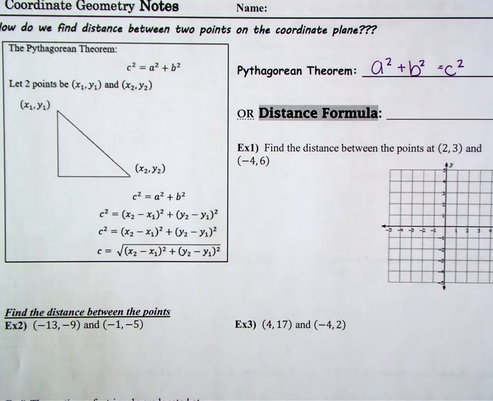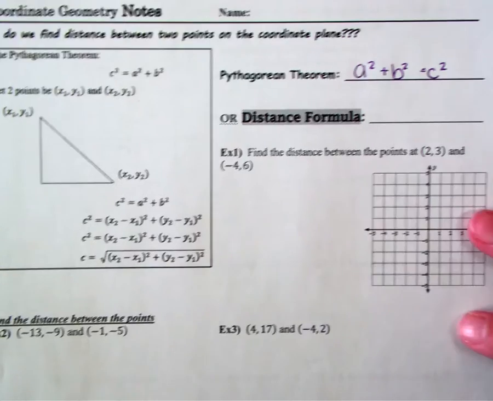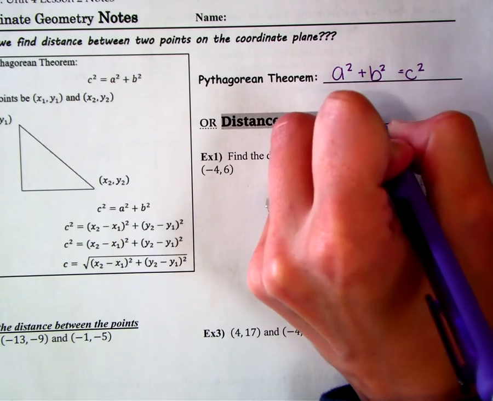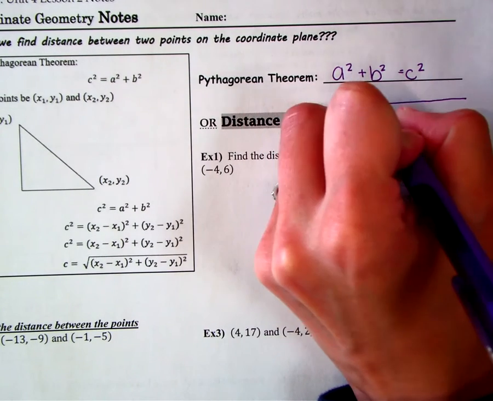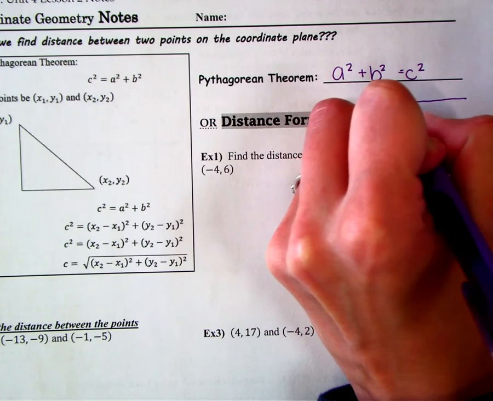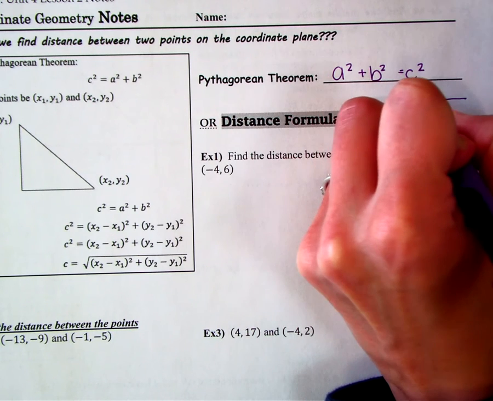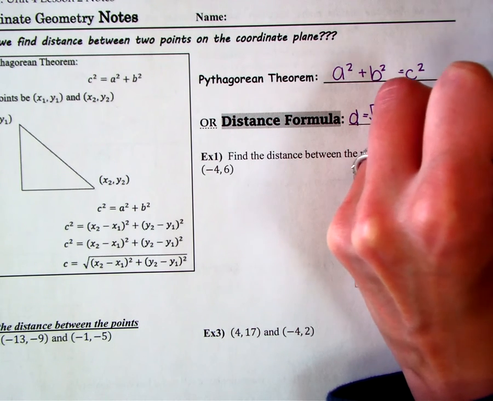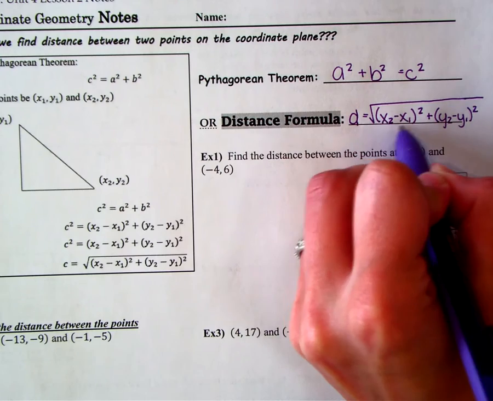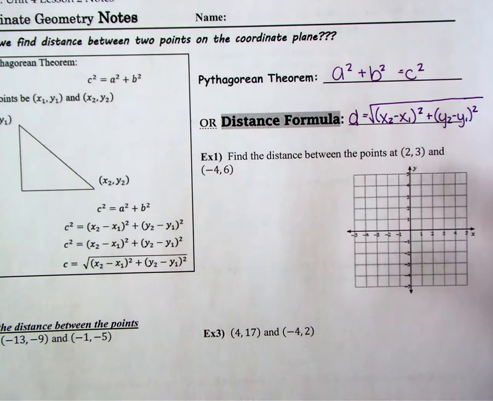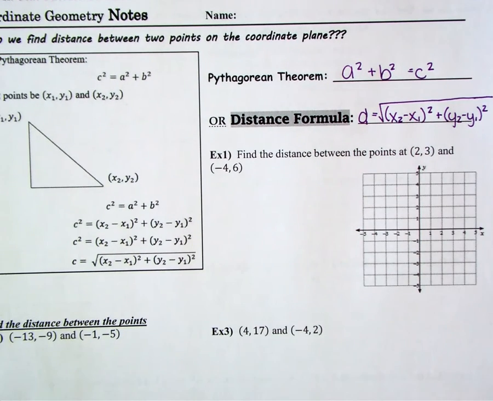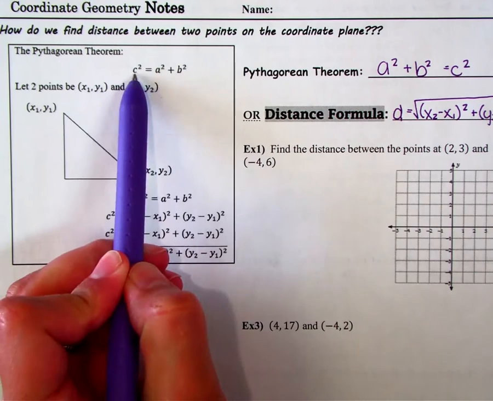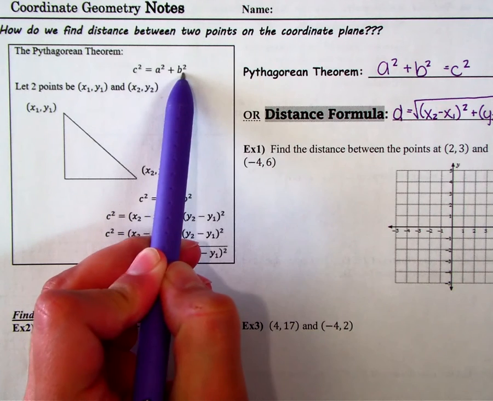The distance formula is a little bit lengthy, but it is: the distance is the square root of x2 minus x1 squared plus y2 minus y1 squared. So basically, the difference between your horizontal distance squared plus your vertical distance squared. Just to explain that a little bit further, if we start with our Pythagorean theorem over here, we're saying